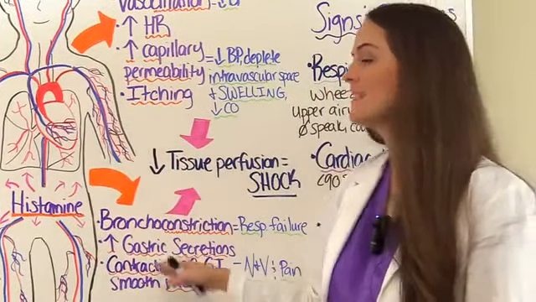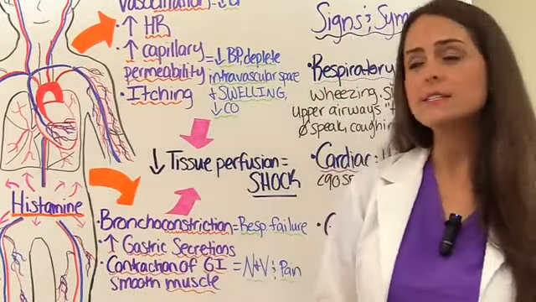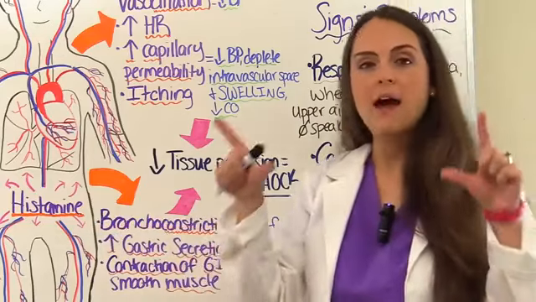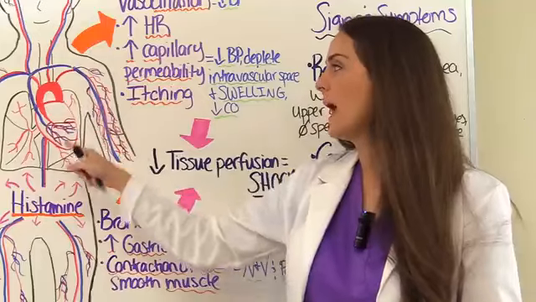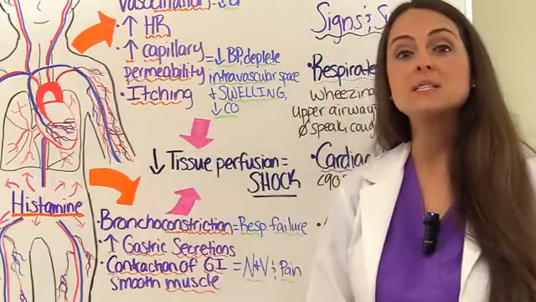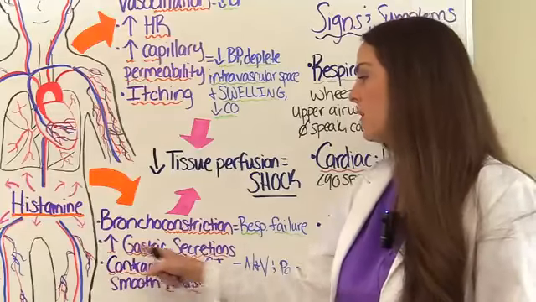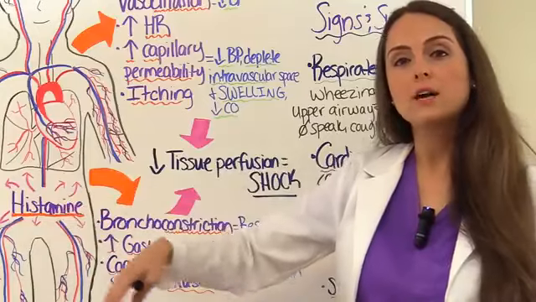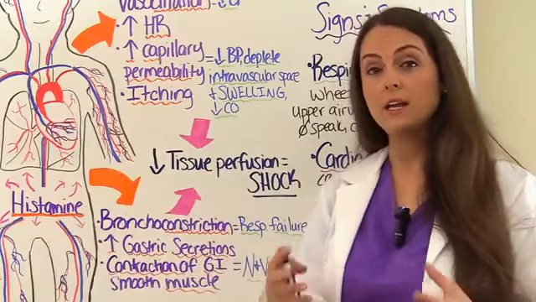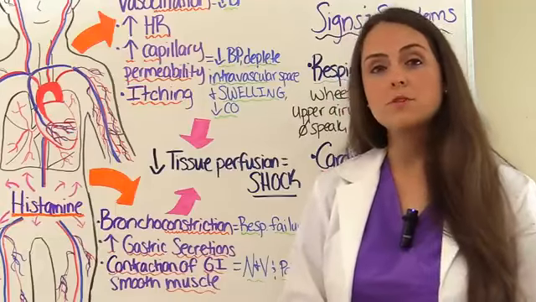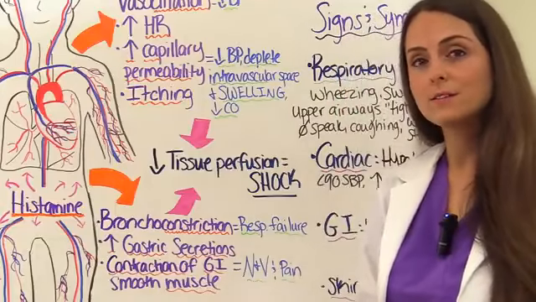Now, another big thing that's dangerous that histamine causes is it causes bronchoconstriction. So this is where you have narrowing of your airways. So your patient's not going to be able to breathe. They will go into respiratory failure. It also affects our GI system, which will cause gastric secretions to increase, and it increases the contraction of our smooth muscle in our GI system. So we can start getting